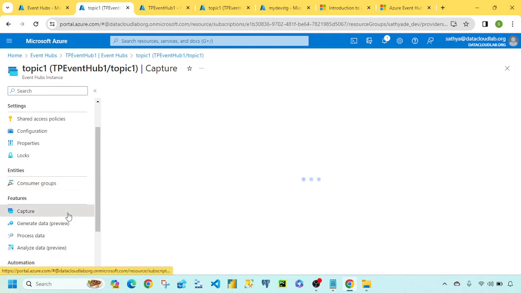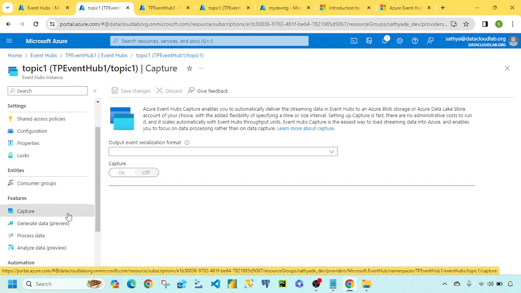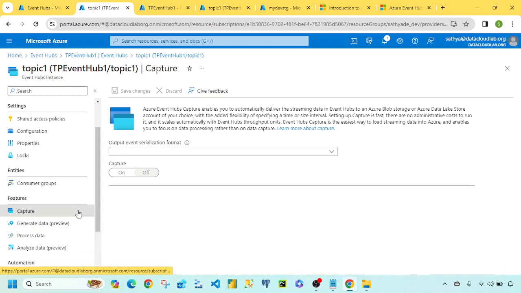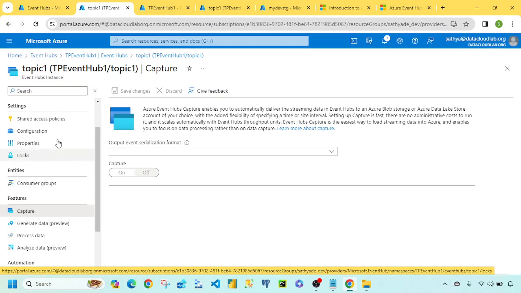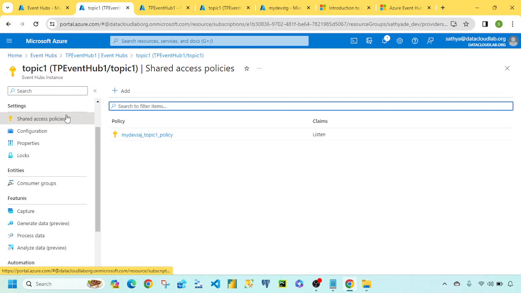Okay, and then we also have a capture. So this is a feature within event hubs to capture the data. Either you can enable this and capture the data in the ADLS, data lake storage, or like I said, you can call this endpoint and you can read the data from this event hub. Okay,